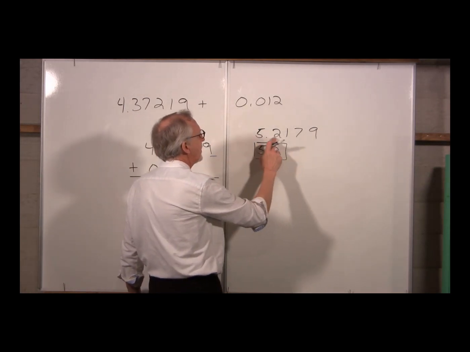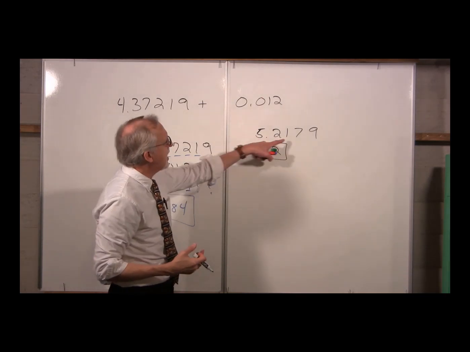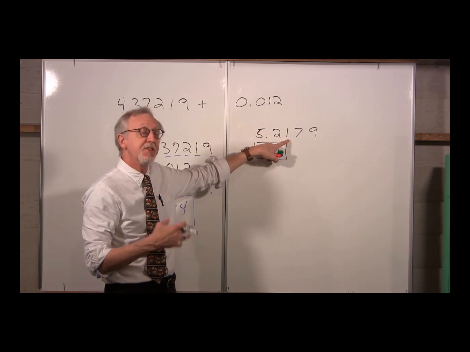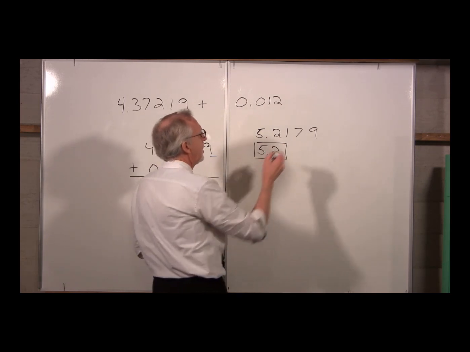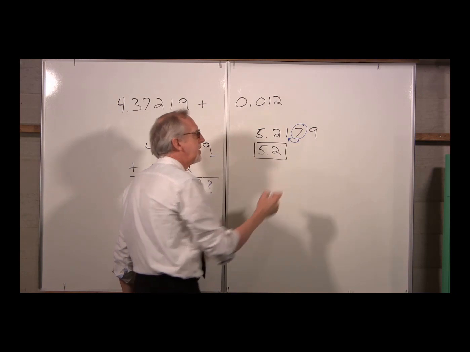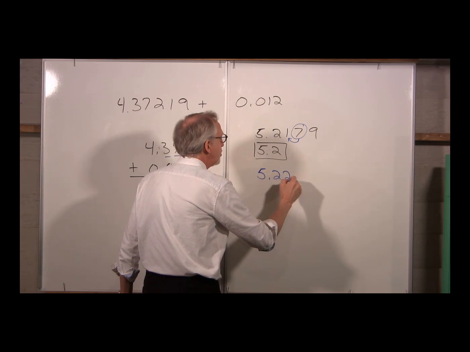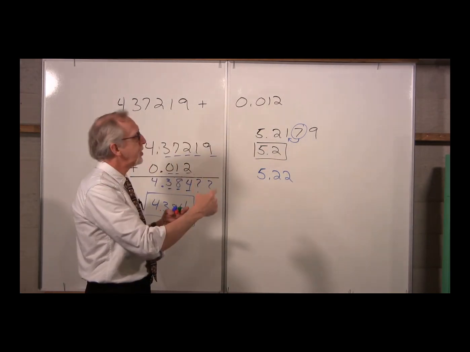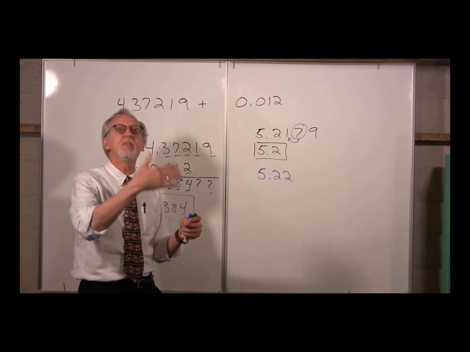Well, here we've got 5.21, but notice that the next digit is a 7. This number is actually closer to 5.22 than it is to 5.21. So, because this number is larger than 5, we're going to round that digit up to the next highest value. We're going to round that up to 5.22. When rounding a number to a certain number of significant figures, look to the next